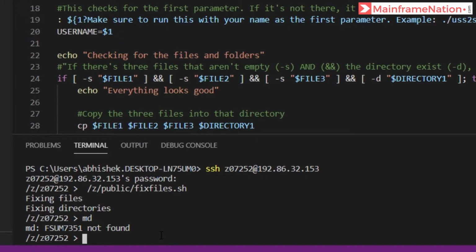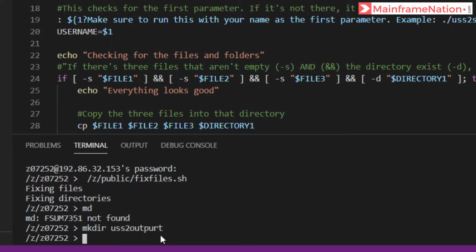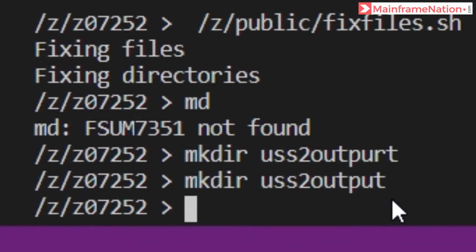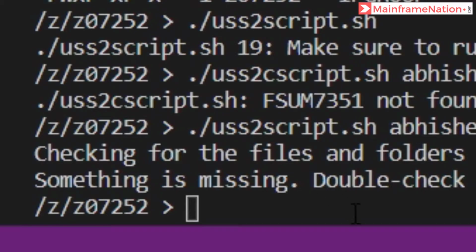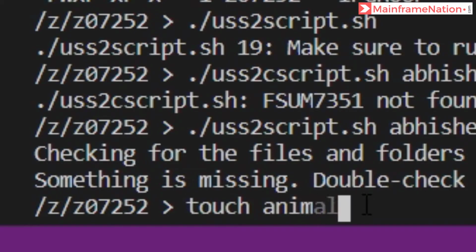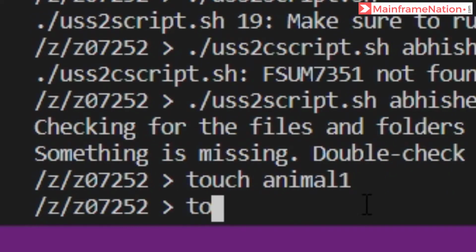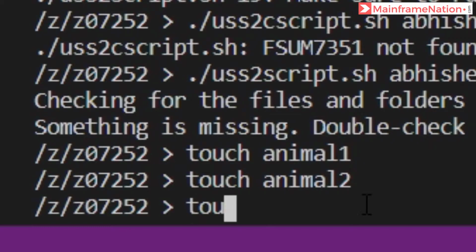I can give the command mkdir USS2output, the main directory. So let us create 3 files. Let's create touch animal1, touch animal2, touch animal3.